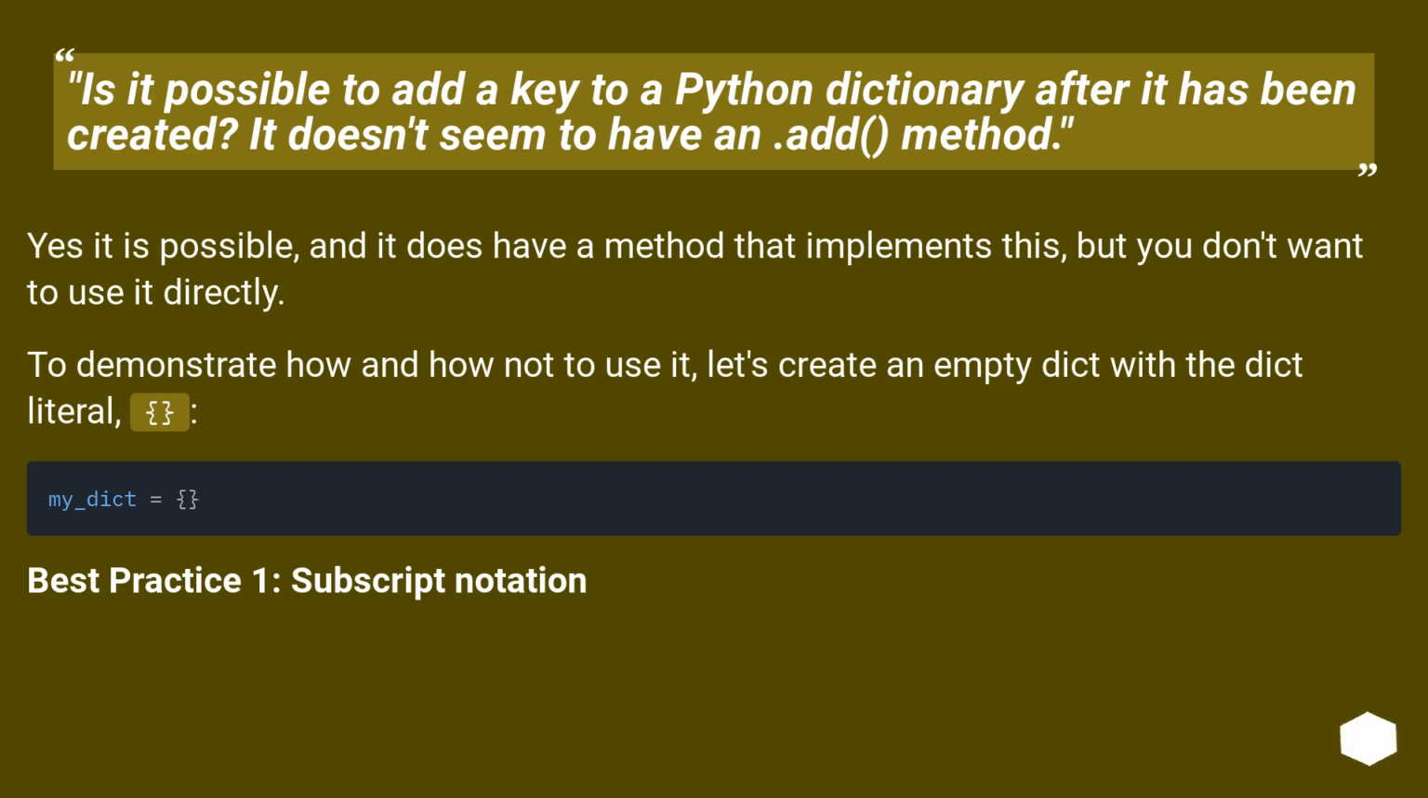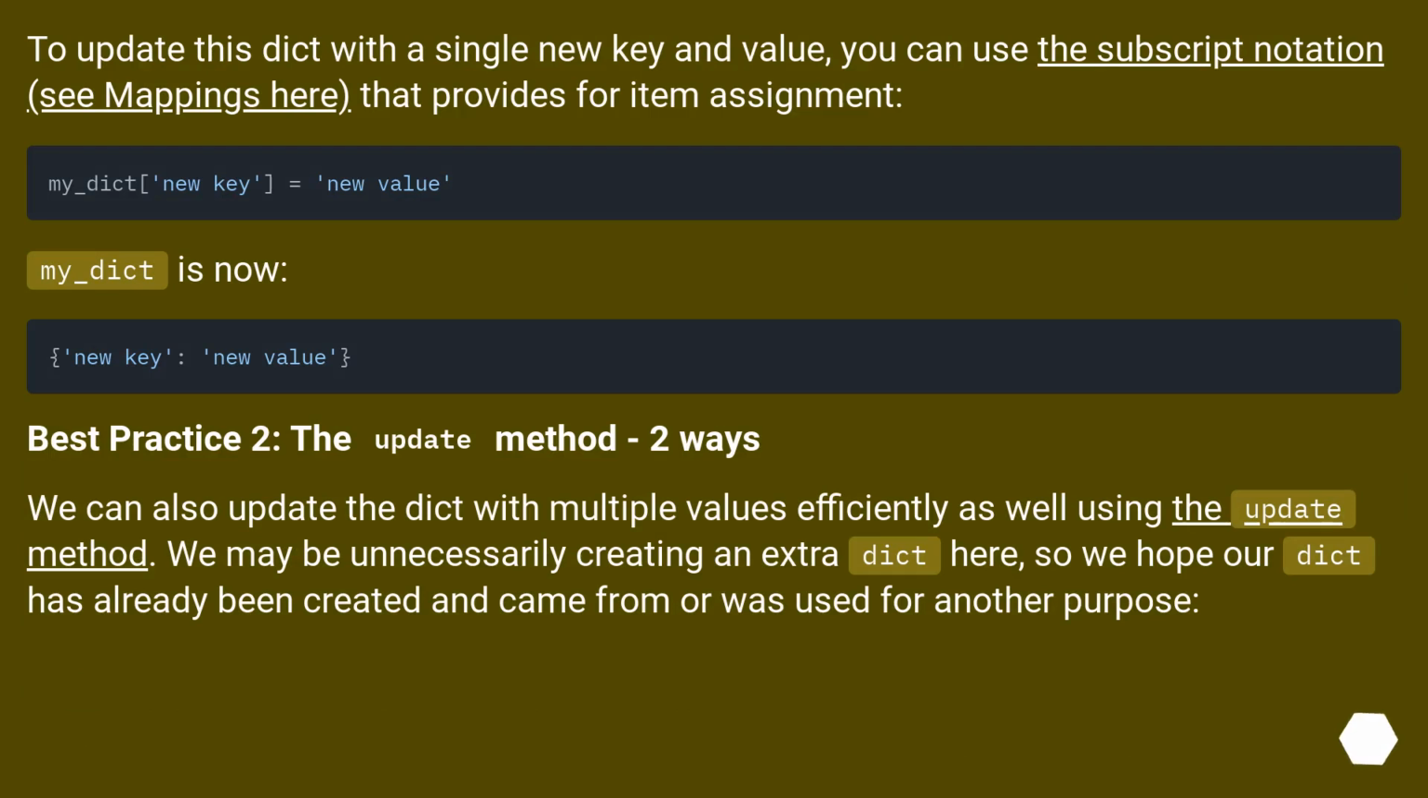Best practice 1, subscript notation. To update this dict with a single new key and value, you can use the subscript notation, see mappings here, that provides for item assignment. My_dict is now: